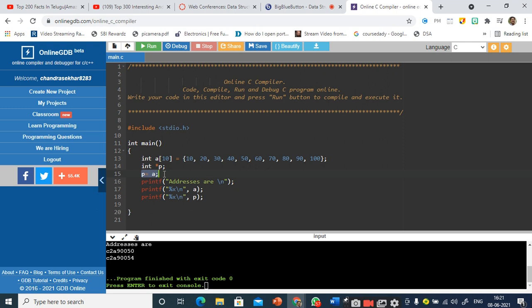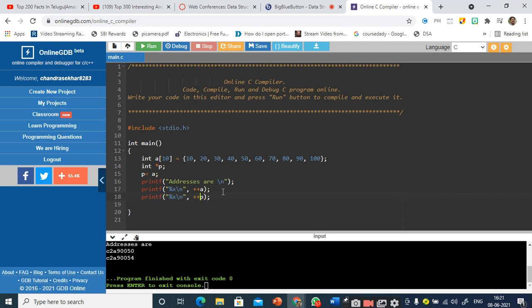Giving the base address to it, sir. Super. I am storing the base address of the array inside this P. Now let us see whether this will work or not. Plus plus A and this is plus plus P. Now tell me, will the program run or will it give any error or any warning?